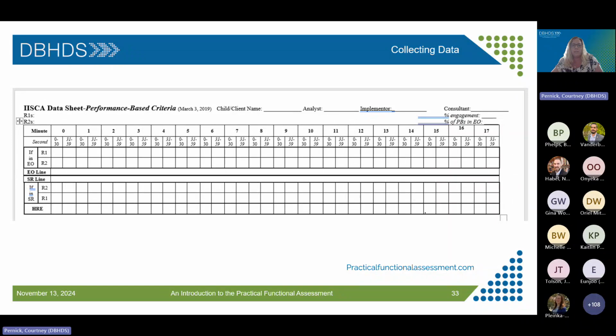And so we decide, okay, Bobby, it's time to clean up. We go back to that EO context, and Bobby yells no. And we say, never mind, you don't need to. And we go back to the reinforcement context. And Bobby is quite happy about that. And so you will continue this alternating between reinforcement and EO until you have determined that you have control over that problem behavior by turning it on and off quickly.